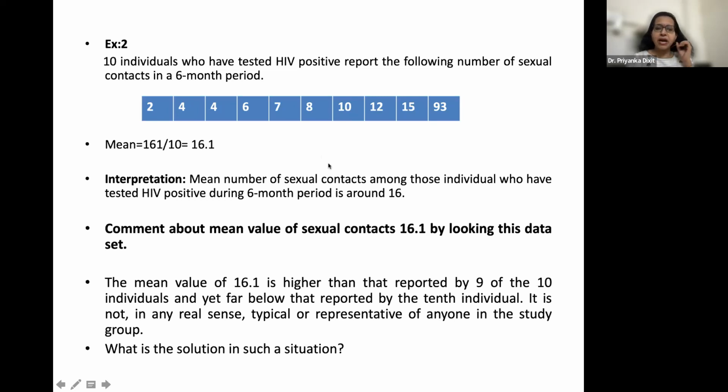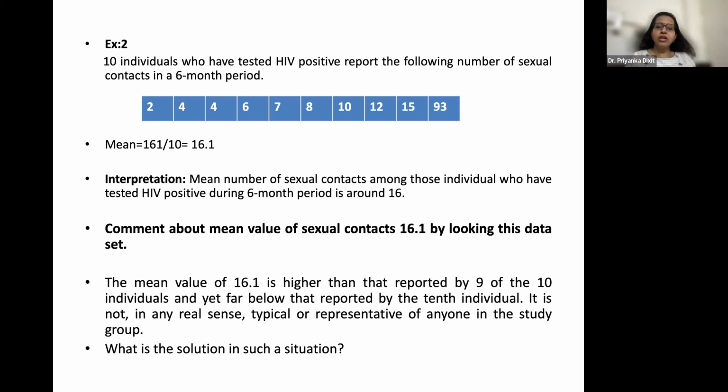Where is the central part? Again around 7 to 8. Around this one. 7 to 8 is my central part. Is it okay? Because the mean is the central tendency, it should obviously lie in the central part. If it is not giving information about the central part, then maybe we have to doubt.